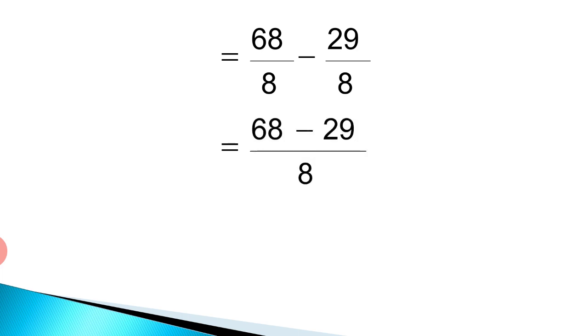Do the subtraction and get the answer. So it is 39 by 8. Convert it again into the equivalent mixed fraction. So it will be 8 fours are 32. The remainder will be 7. So it is 4 integer 7 by 8. Is it clear? So if it is a mixed fraction or a whole number, we convert them into fractional form. That is, mixed fractions have to be converted into improper ones and then added or subtracted. So this is addition and subtraction of fractions.